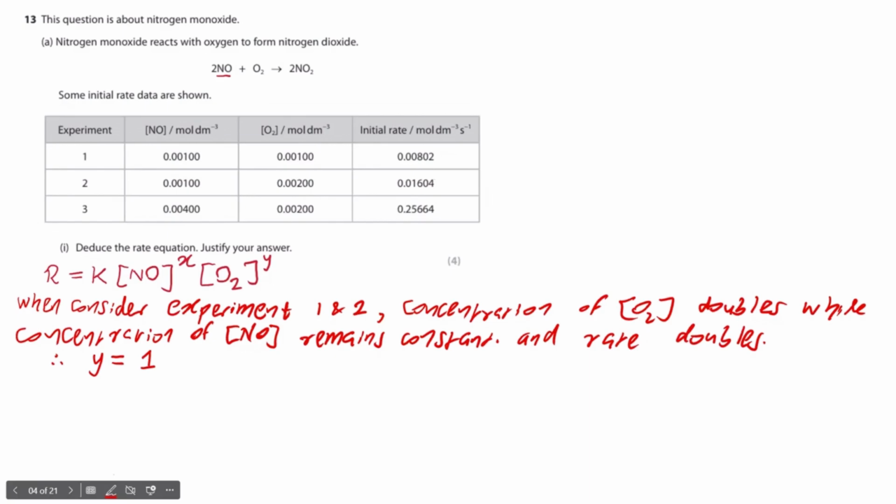Okay, let's see how we can find the order with respect to nitrogen monoxide, which is x. Can you see here, experiments 3 and 2, the concentration of oxygen remains unchanged. And the concentration of nitrogen monoxide, I increased by 4 times. When I increase by 4 times, the rate, let's divide. 0.25664 divided by 0.01604. You can see the answer is 16. That means the rate has increased by 16 times. We know what 16 is. 16 is 4 squared. Therefore we can write,